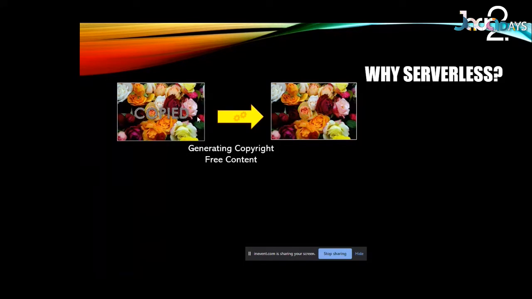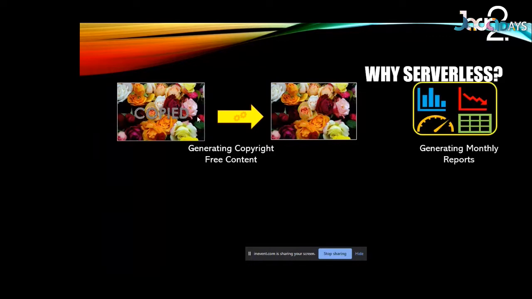Yeah, and maybe they will be paying us or not. Another option is something like generating monthly reports at the end. Now, there may be some kind of application which will be generating the reports, but I don't need to use it on all the 30 days. I just want it to be up maybe on the last day of the month, or maybe in the last week of the month, whenever I will be using. But then also I need to make it up 24/7 every time.